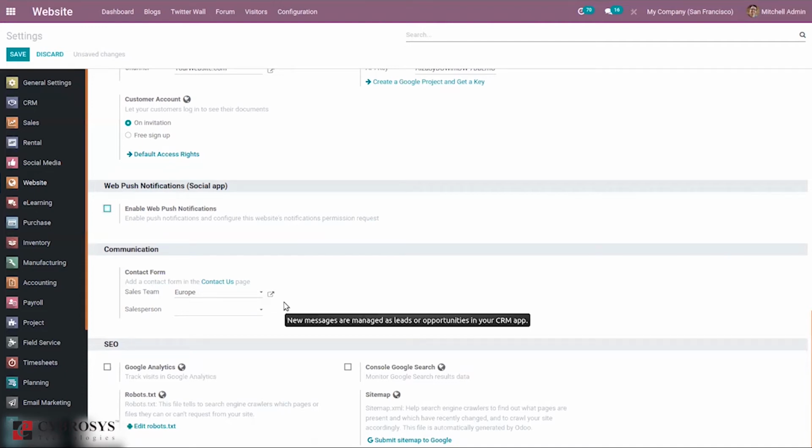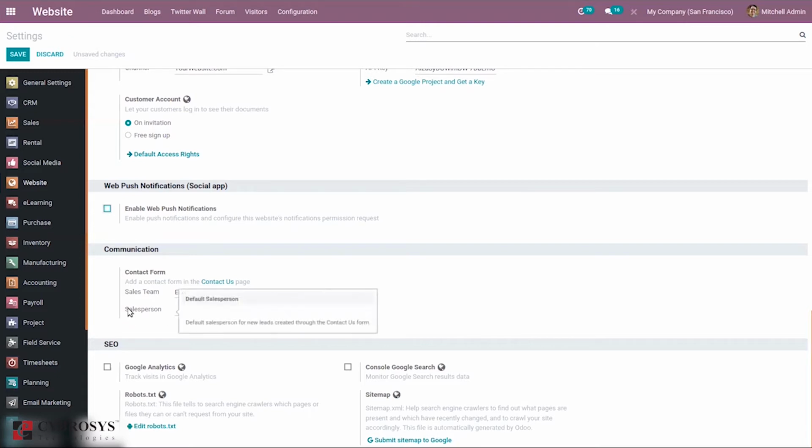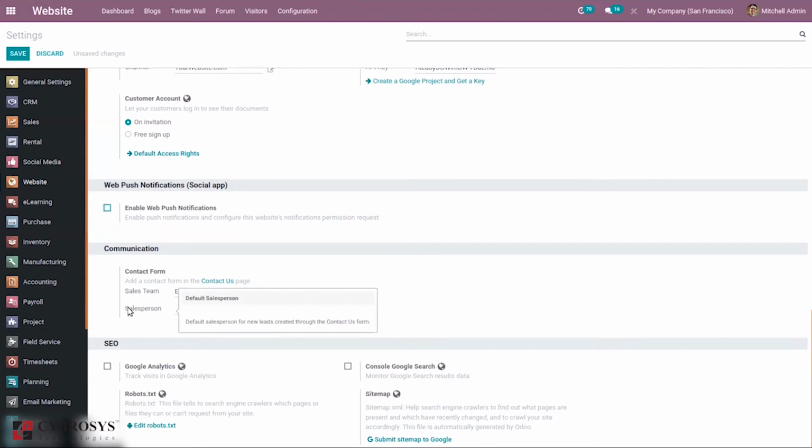When a user submits the contact form, a lead can be generated. So when you set the salesperson and sales team here, this will be considered the default salesperson or sales team. Then we can set information related to search engine optimization.